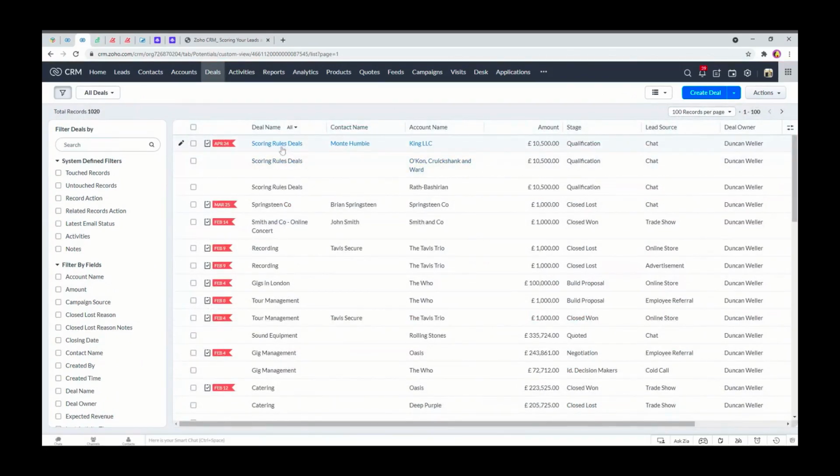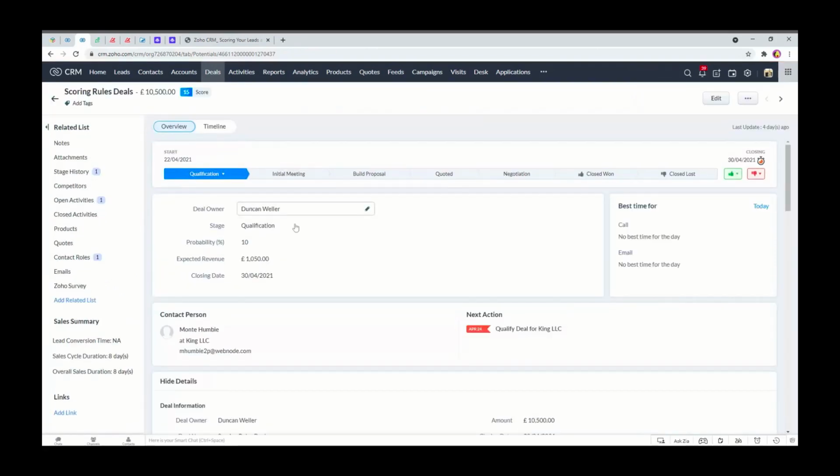And you can see when this has been converted and a deal has been created, the lead source has been passed forward with chat. So we've got scoring rules deals here. This is a deal, and we've got a 15 score. Now,